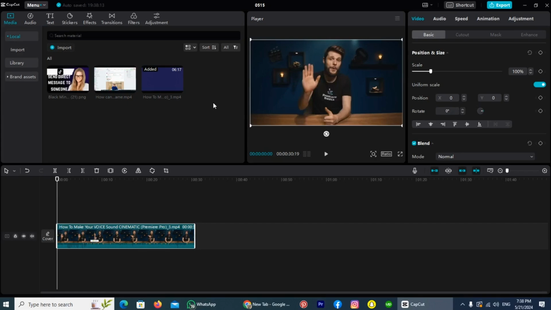Hi guys, in today's video I am showing you how to blur face in CapCut. The process is straightforward and effortless. The first thing you have to do is import your video in CapCut and drag it to the editing section